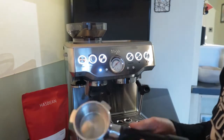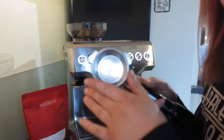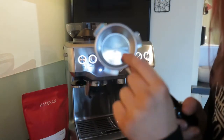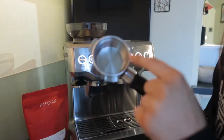The filter basket that I've got in is the one that it came with, but that's fine because we're grinding fresh whole coffee beans, which is what you're supposed to use this with, and I'll do a 2 cup, so this is a 2 cup